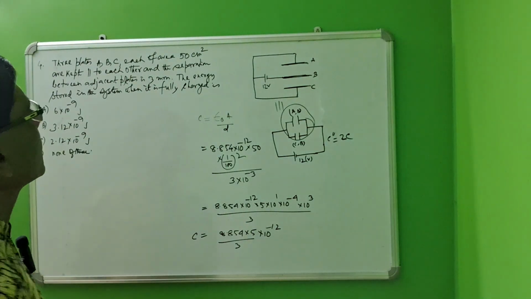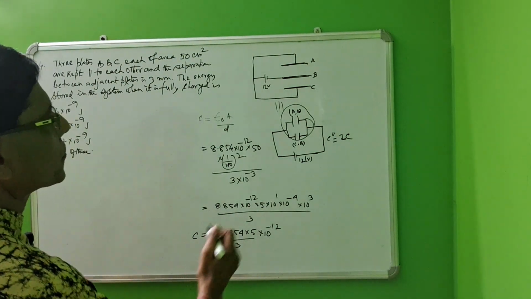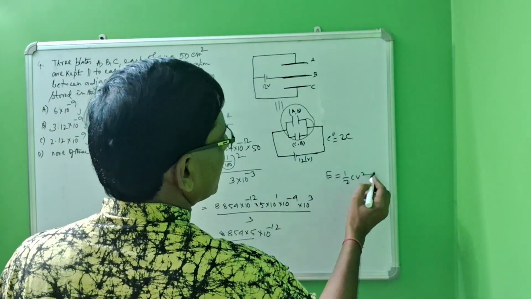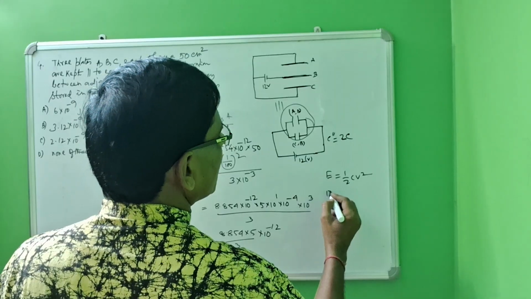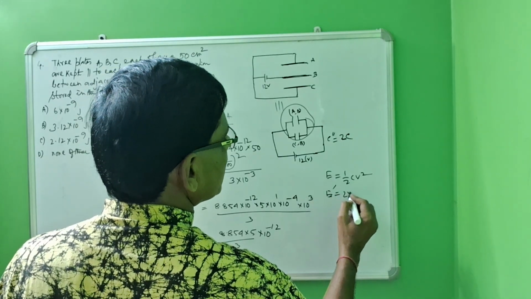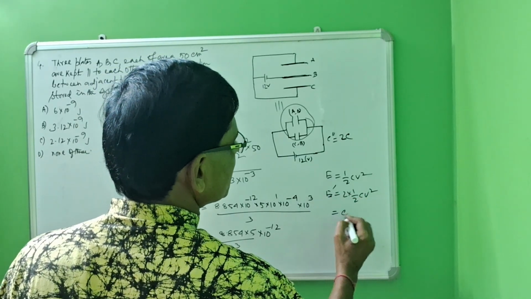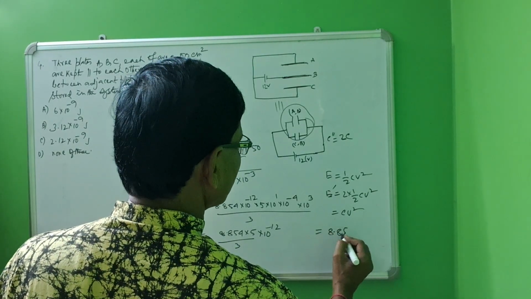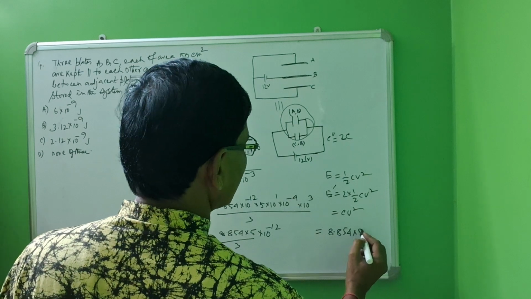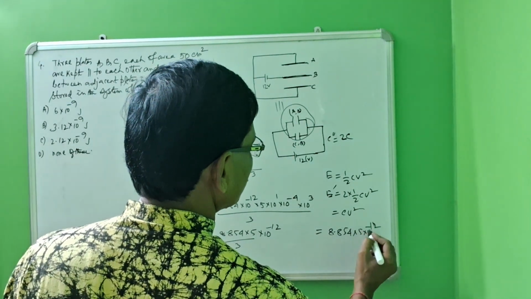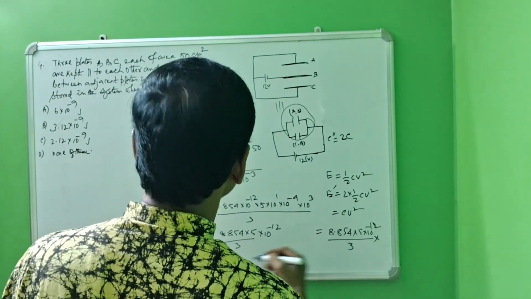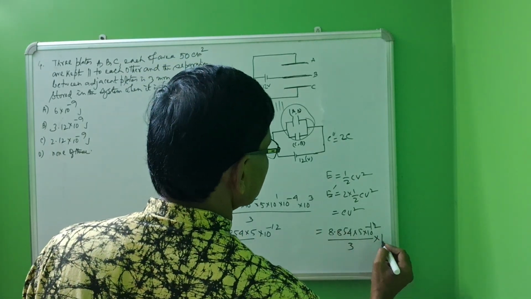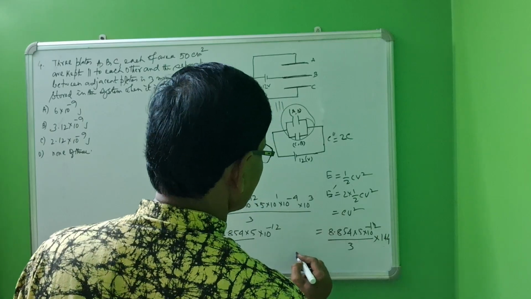So the stored energy for one capacitance equals half CV square, and for both capacitances the energy equals twice into half CV square, equals CV square, equals 8.854 into 10 to the power minus 12, divided by 3 into CV square equals